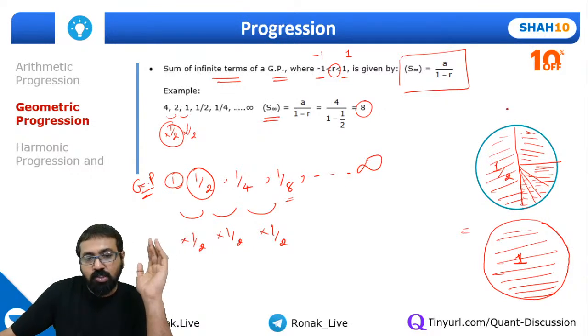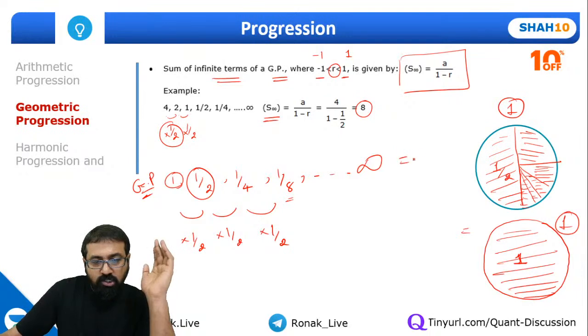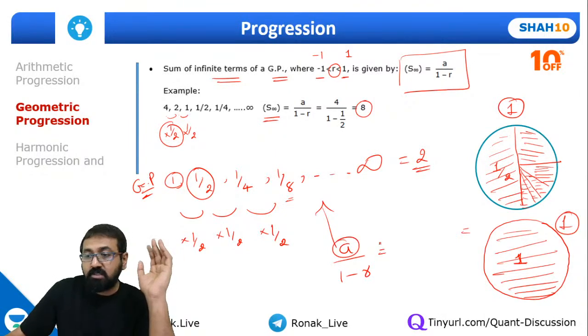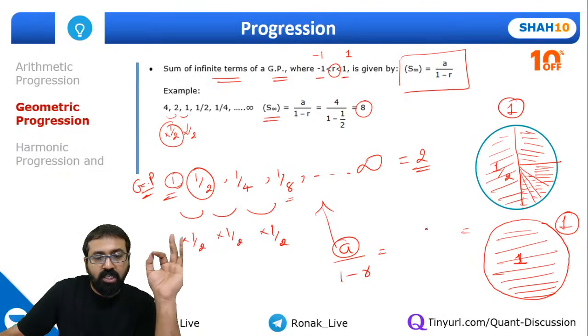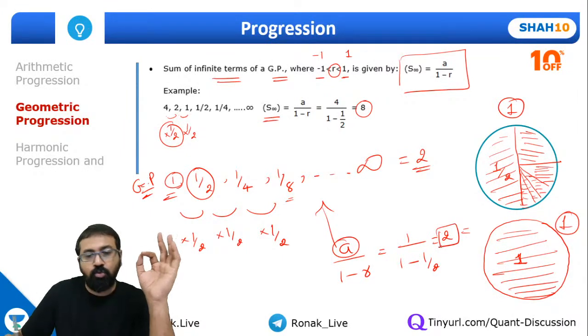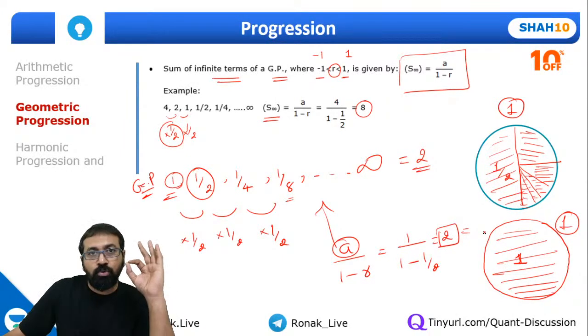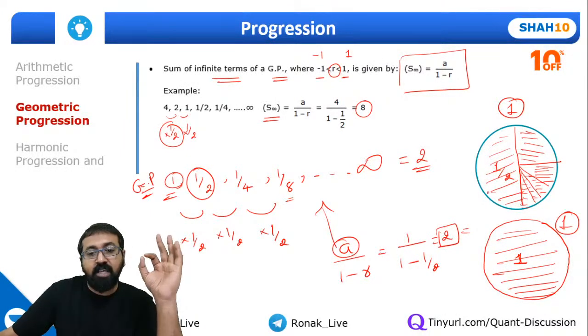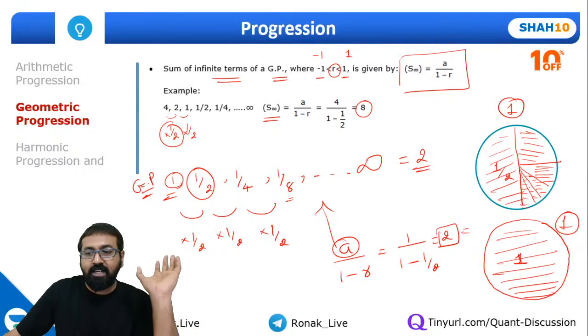And that's why this is 1 and this is 1. So the total will come out to be 2. So this total should be equal to 2. If you want, you can apply the formula A upon 1 minus R, where A is the first term. So what is the first term? It's 1 upon 1 minus the common ratio, that is 1 by 2. If I solve this, I'll get the value as 2 only. And we have seen through geometric figures how we get the summation as 2, right? So it will be a finite value.